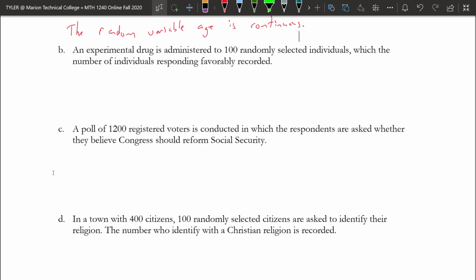And then we need a probability of success to be the same for each trial, which makes sense that would be true here, right? Because you're giving the same drug, not to the same people, but you're giving the same drug out each trial, right? So that you're not changing anything, right? So this seems to be binomial,